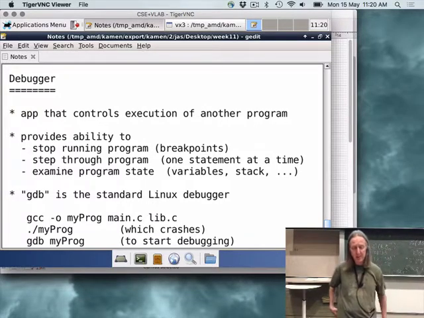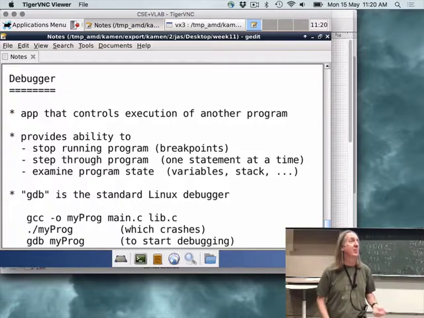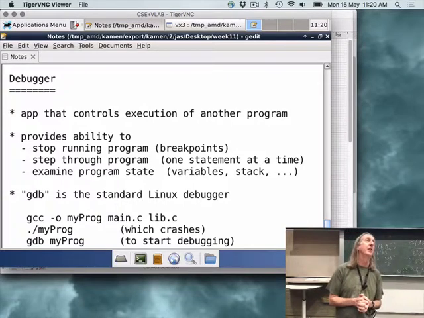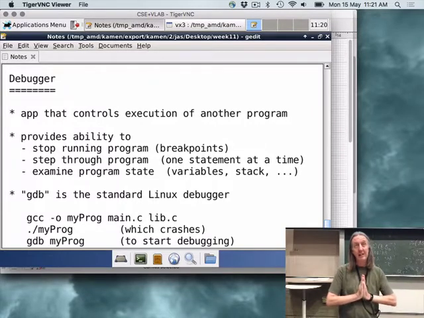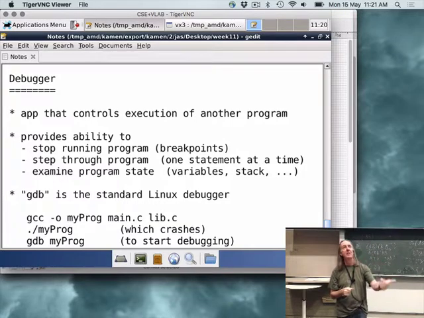So basically what a debugger is, it's some kind of program that controls the execution of some other program. And what it can do, you can start the program running and then you can stop it at a certain point. If you set a breakpoint, we go into this function, I stop the program running.